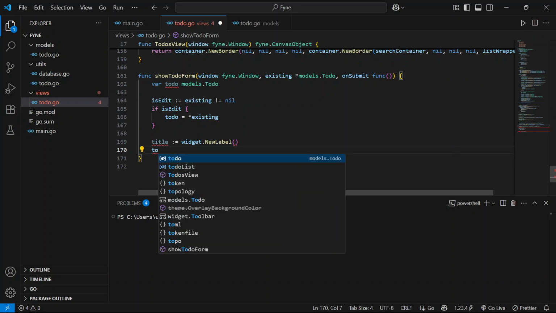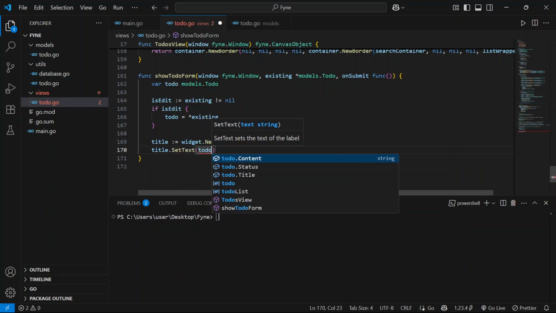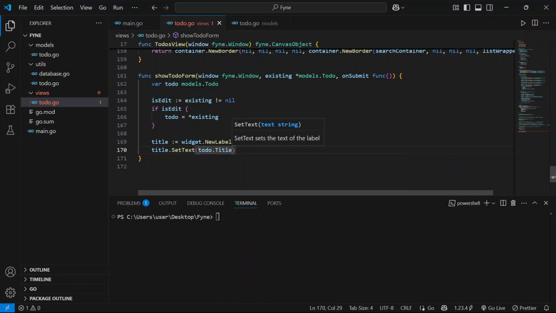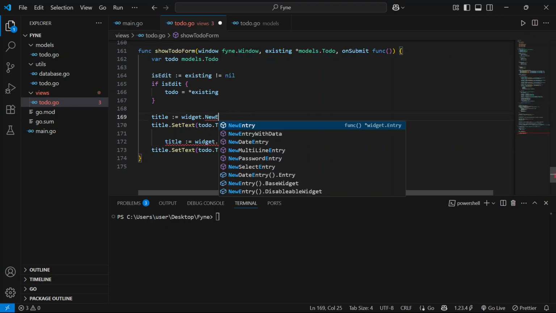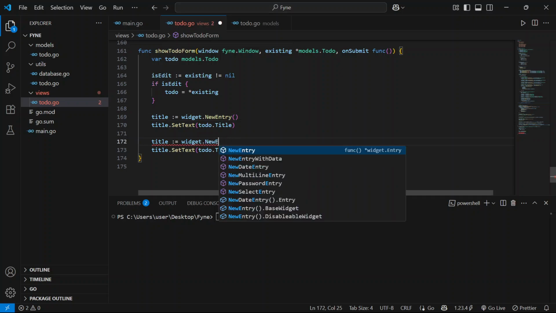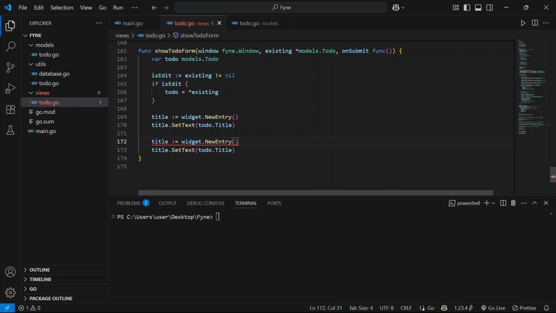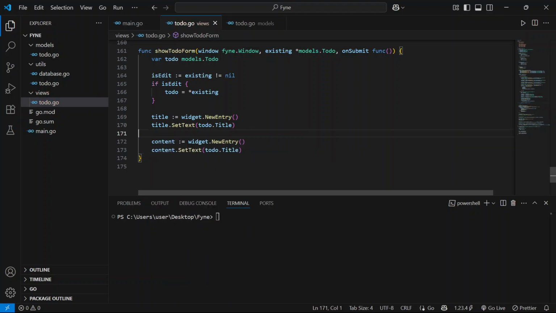Then I'm going to say title dot set text to-do dot title, and then we're going to have the content. So this should be new entry, not label. New entry, and then we're going to have title, content,